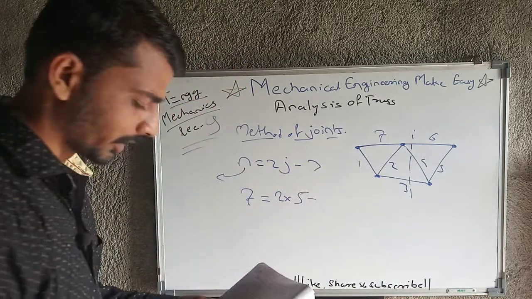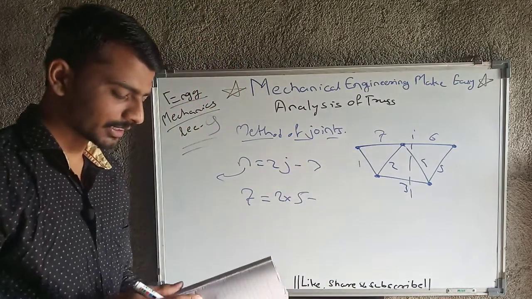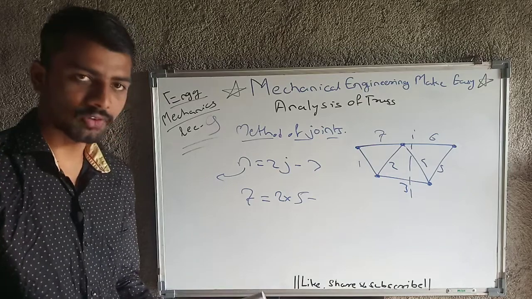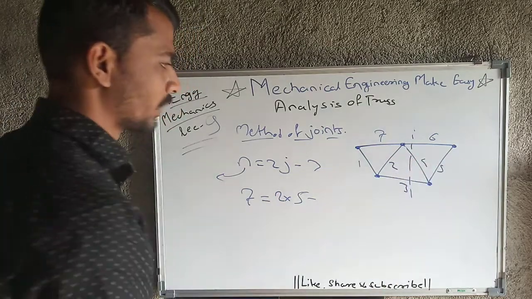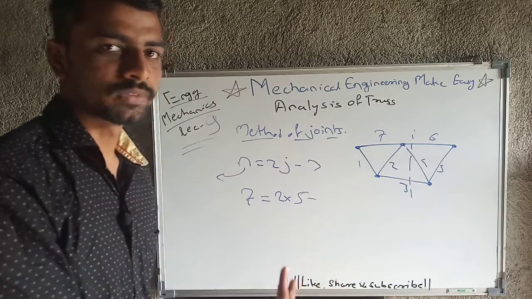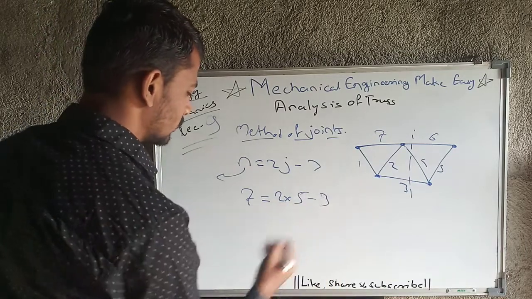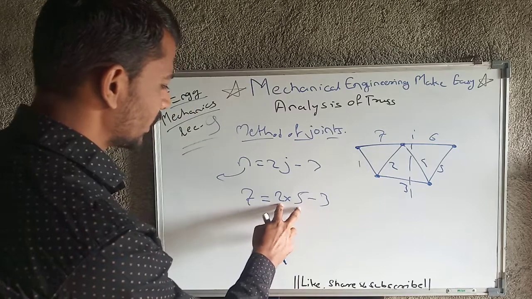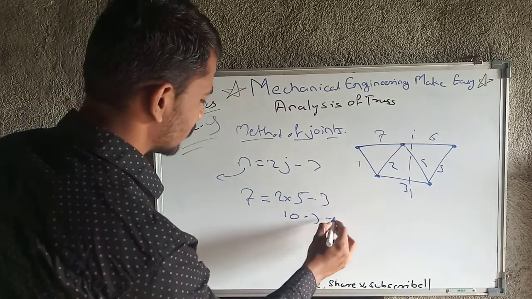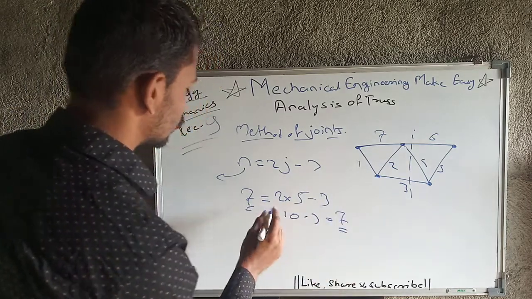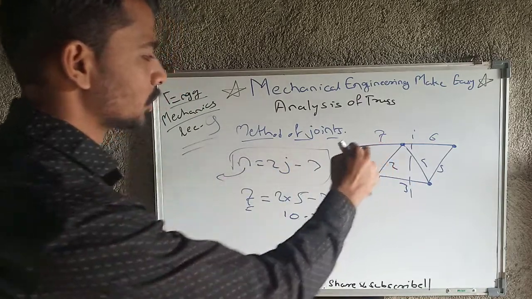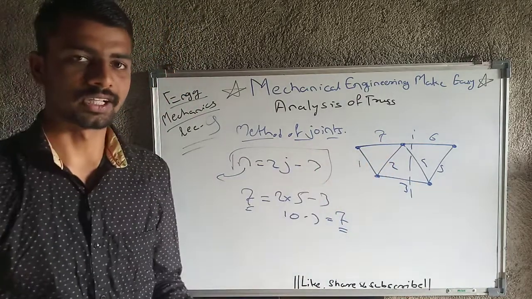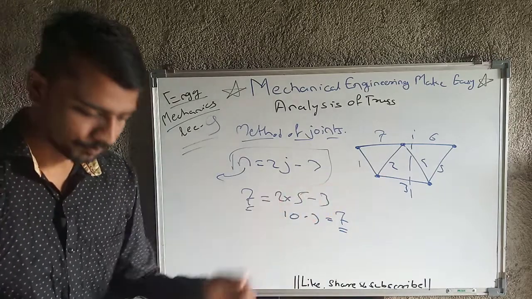And what exactly is 3? It is nothing but r. And what exactly is that r? That is nothing but the number of reaction components. And here, as this is a simple truss, the reaction components will be only 3. So 2 into 5 will be 10 minus 3, that will give us a value of 7. So as this equation is satisfied by this truss, ultimately this truss is a stable truss. Okay, this is the first step.